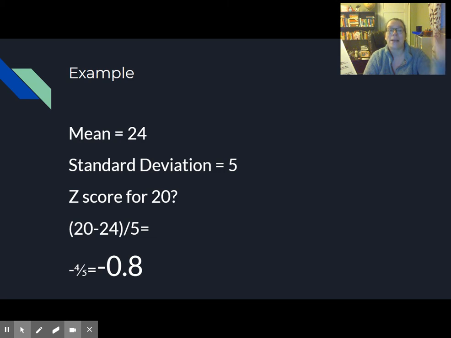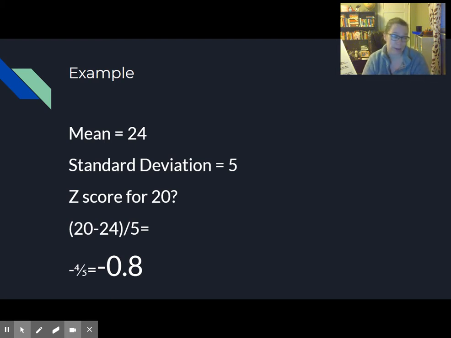A score of 20, subtract 24, which is my mean, which is the formula. Then I divide it by the standard deviation of 5. That gives me negative 4 over 5, which equals negative 0.8. So that tells me if it's negative, that score of 20 is below the mean, which we can see